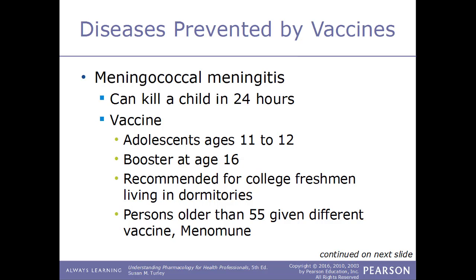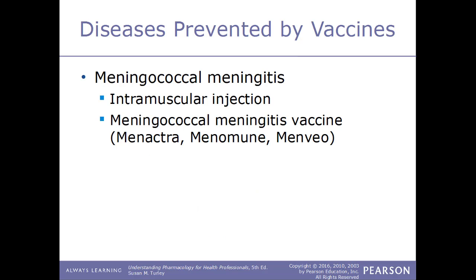Now, the vaccine for this condition is given to adolescents between the ages of 11 and 12, and then a booster at the age of 16. It's also recommended for college freshmen who are living in dormitories on campus. And persons who are older than 55 are given a different type of vaccine for this condition, and it's called Menomune. And this vaccine is an intramuscular injection, and some trade names that this is sold under: Menactra, Menomune, and